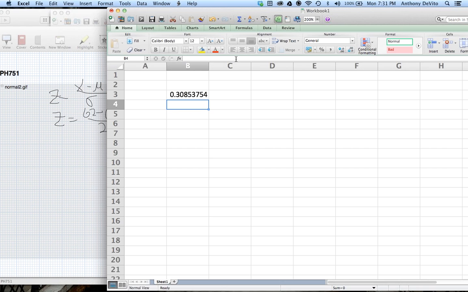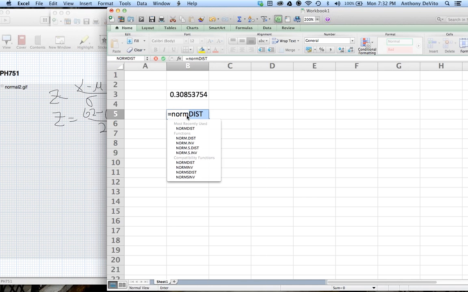So at any rate, what was the value that we estimated when we used the z-table? 30.84, right? 0.3084. Excel just gave us that same area. Okay, there's another version of this, equal norm dot dist, and it basically gives you the same thing. Let's see what we wind up with here: 62, comma, 63, comma, 2, comma, true.